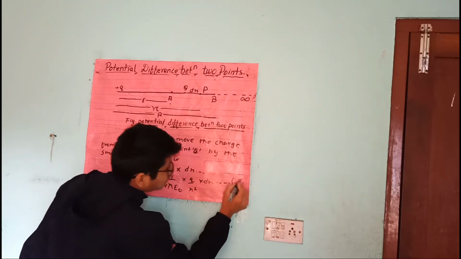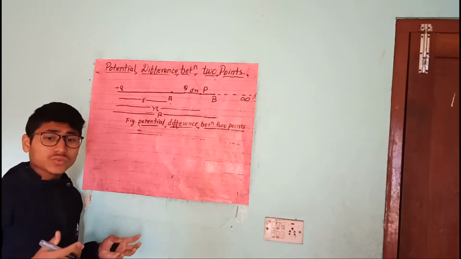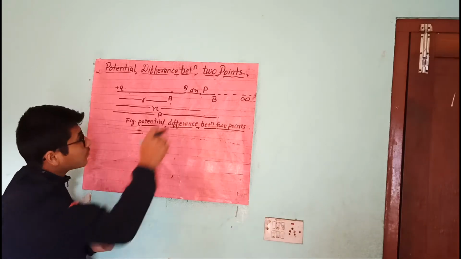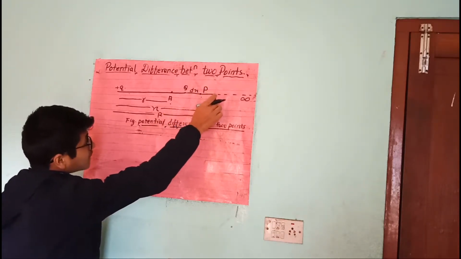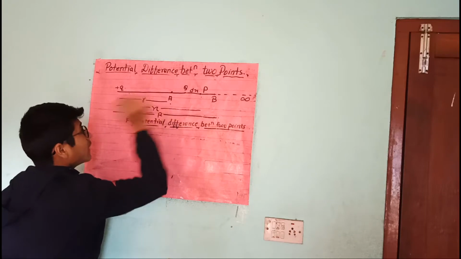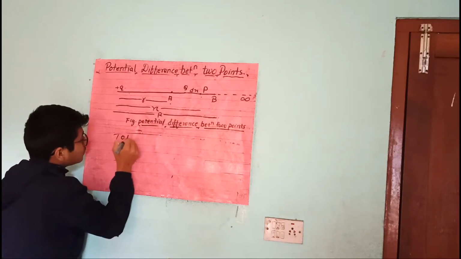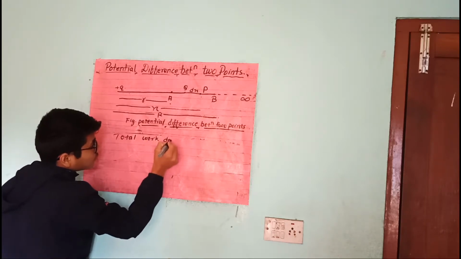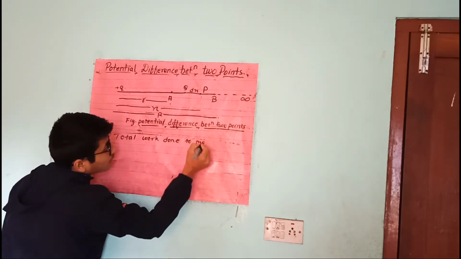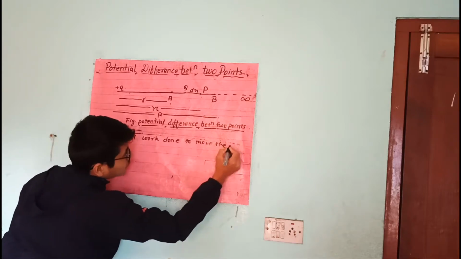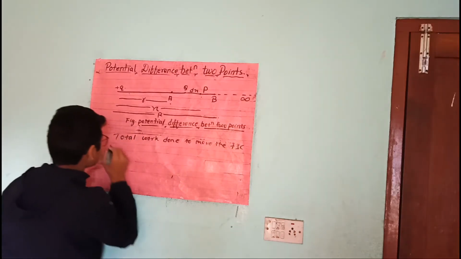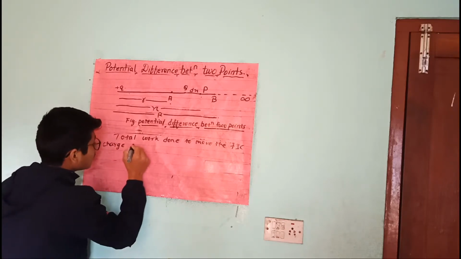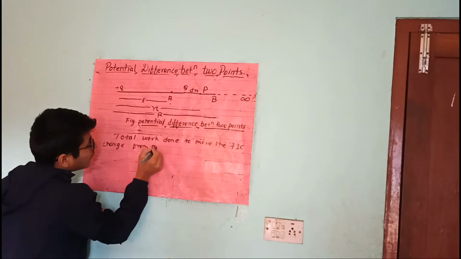So here we have to find the total work done, the total work done in moving the point charge from the point B to A. To find the total work done to move the unit positive charge, the 1 coulomb charge, from the point B to A,